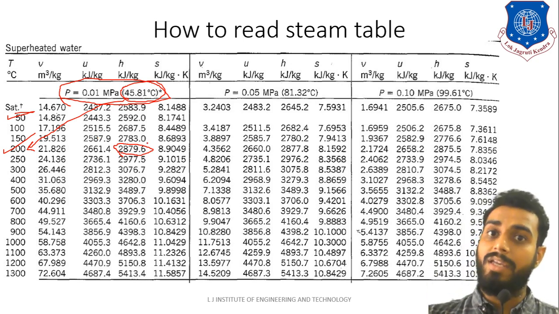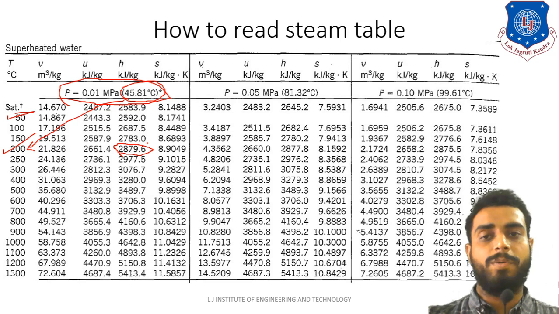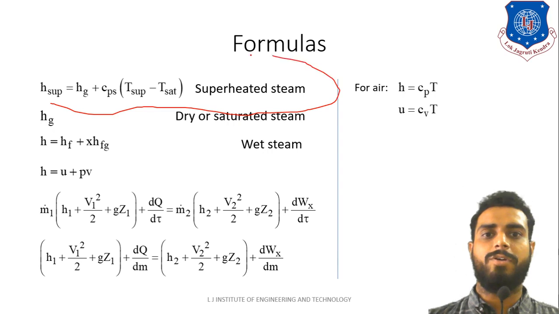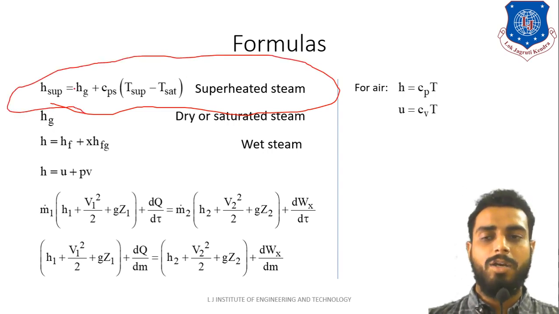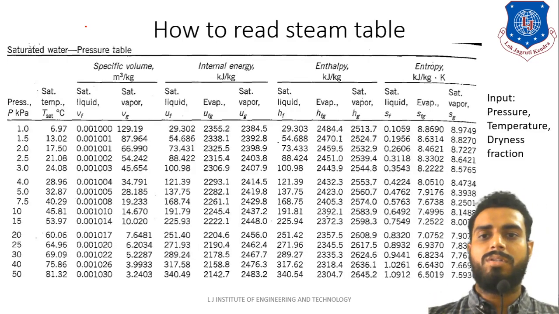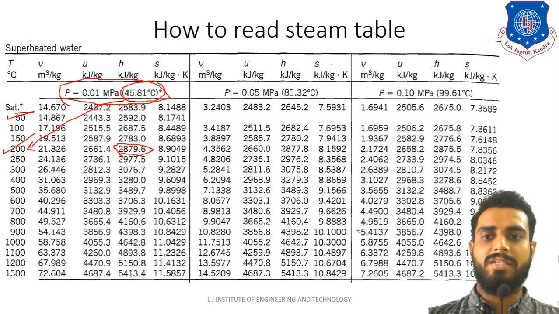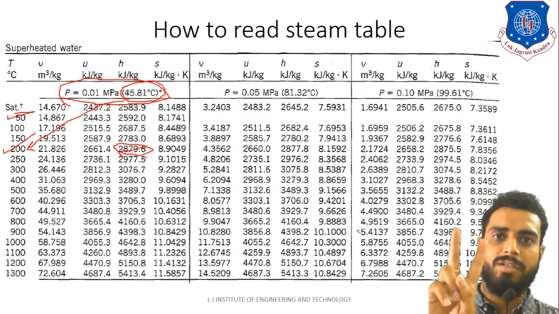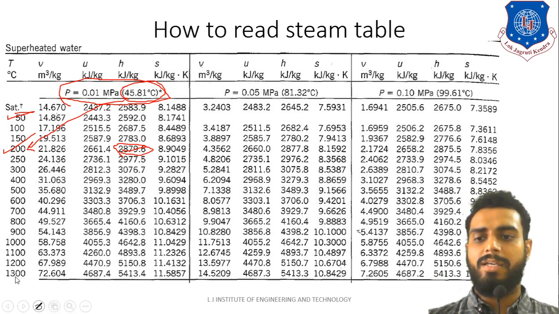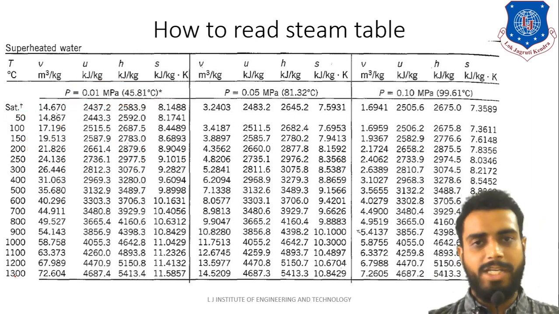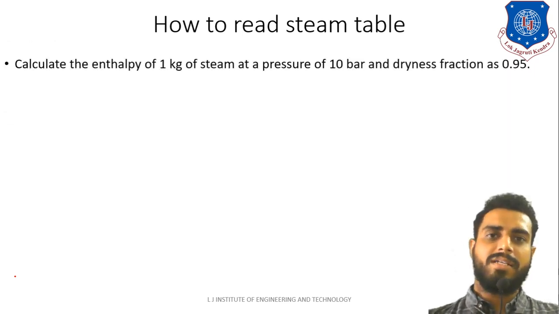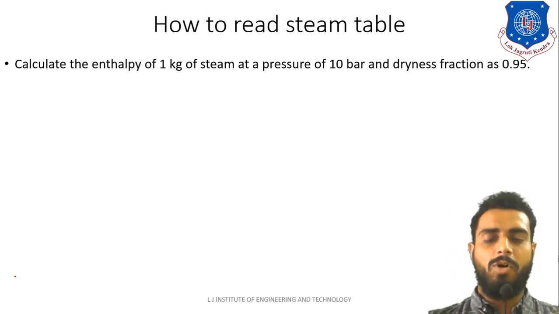In another way, you can also find the enthalpy of the superheated steam using this formula. Which formula, sir? This one, the very first. If you find the value using this equation, it will be nearly equal to the value provided in this table. So you have two ways to find the enthalpy of superheated steam. Okay, understood? Generally you can refer to any of them. Now let us understand in more depth.